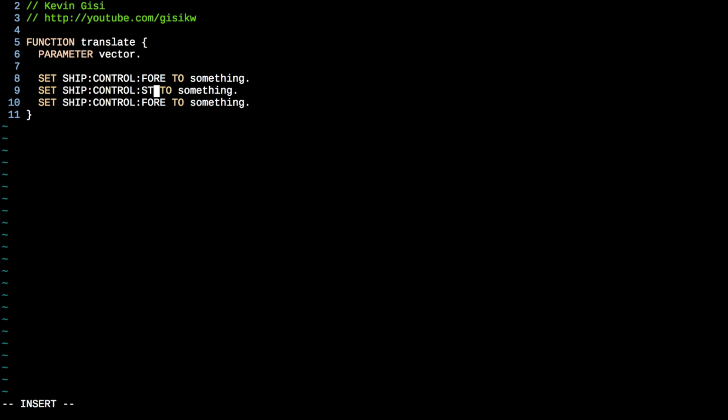And set starboard and set top to something, right? That we're not setting them to vectors, we're setting them to a value between -1 and 1. So why do we care about these vectors? Well, what we want to be able to do, because we're going to be playing with vectors a lot in